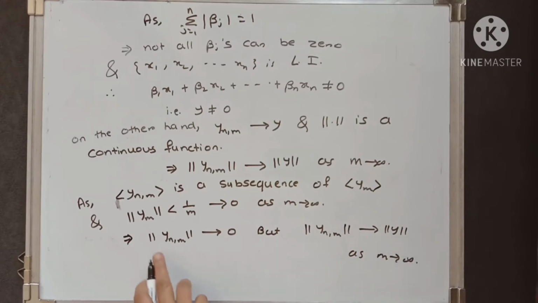That means norm of ynm converges to 0 as m goes to infinity, as well as to norm of y, and we know that limits are unique, and therefore norm of y is equal to 0. As norm of y equals 0 implies that y equals 0,